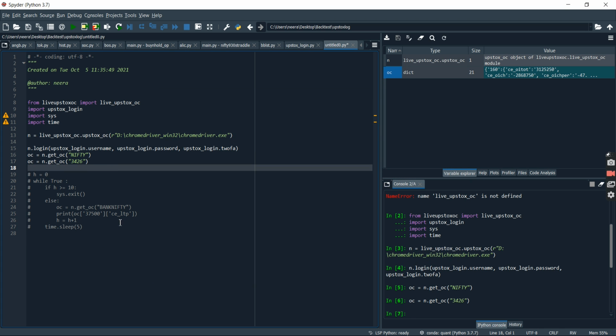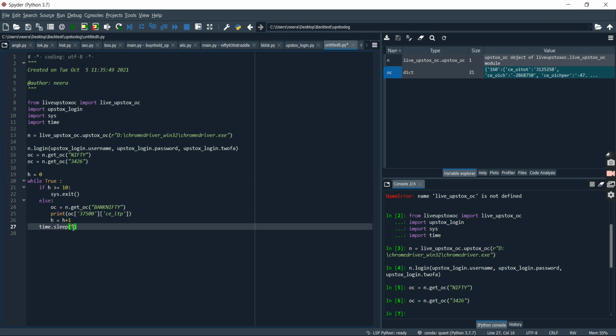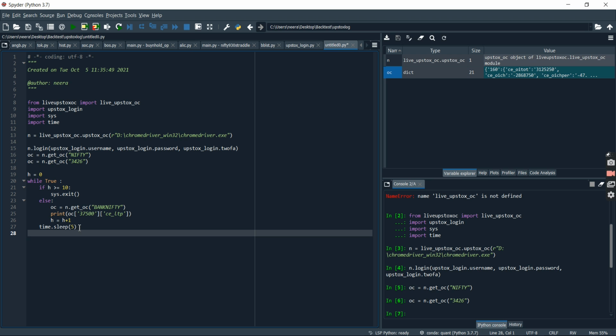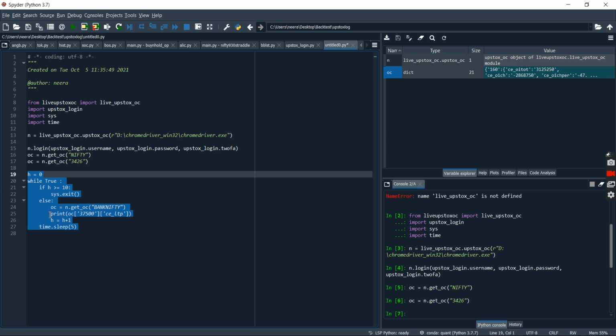Alright, so over here I've created a small loop which will run only 10 times, and I've given an interval of 5 seconds. I hope that would be sufficient for my speed right now. What it exactly does is every time you request for the data, it will reload this Bank Nifty page and it will print out the LTP of 37500. I've given an interval of 5 seconds as it has to reload the page, and at times it takes time if your internet speed is a little slow.